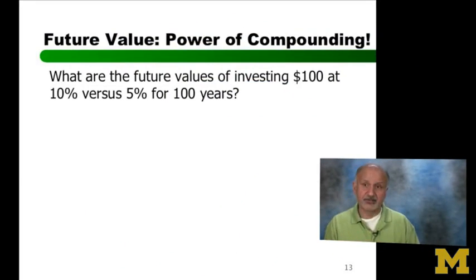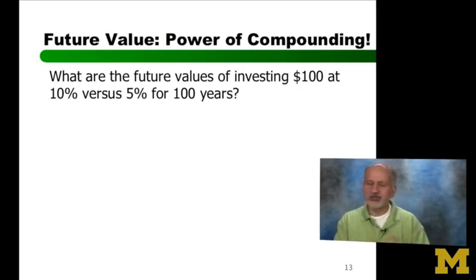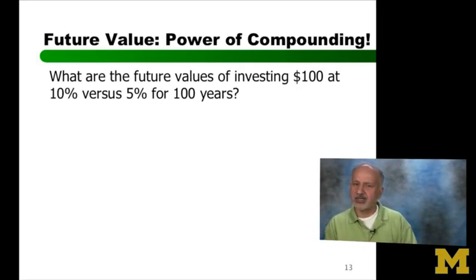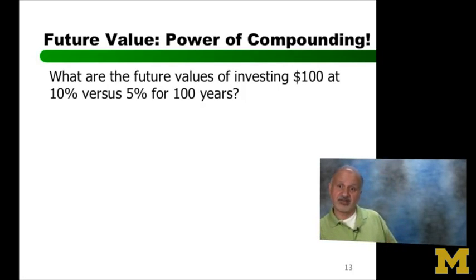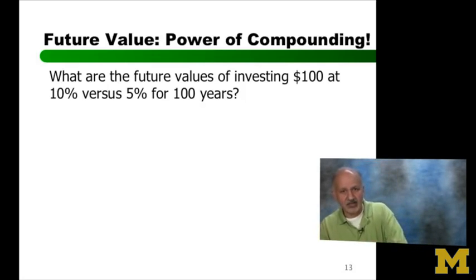Let me ask you this. Suppose there was no compounding, right? Suppose there was no compounding, which means what? Interest will be treated like it's different. Interest cannot earn interest. The only thing that can earn interest is the original $100. Let me ask you, with 5%, how much will you have after 100 years? And you should be able to answer that question